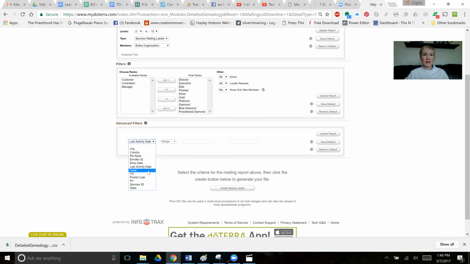You can choose it based on team volume. If you notice that their volume is at a certain place, let's click on OV, and you can choose, again, the minimum range is at least this, or you can choose an actual range. The OV is this amount to this amount. So say that you're trying to target your leaders who are so close to hitting a certain rank, and their OV is just there. Maybe you want to reach out to them and give them some extra tips on how